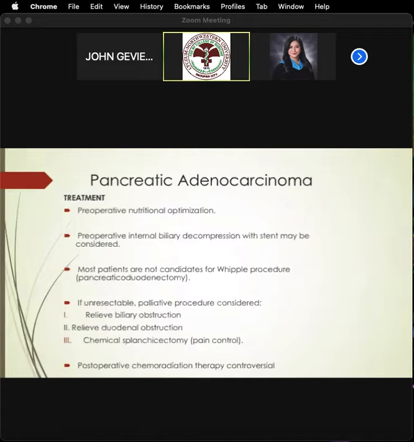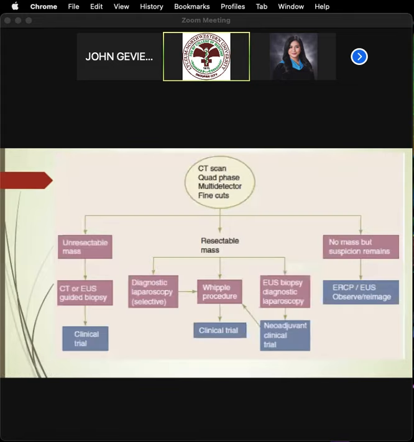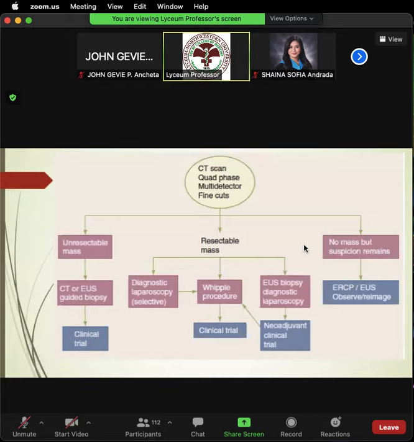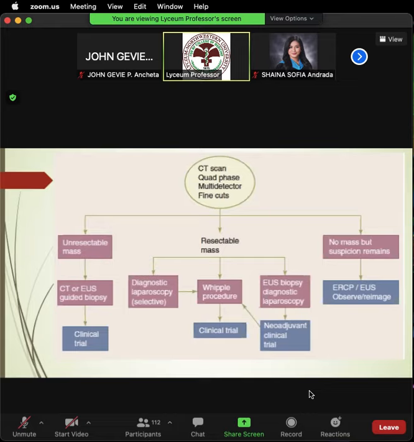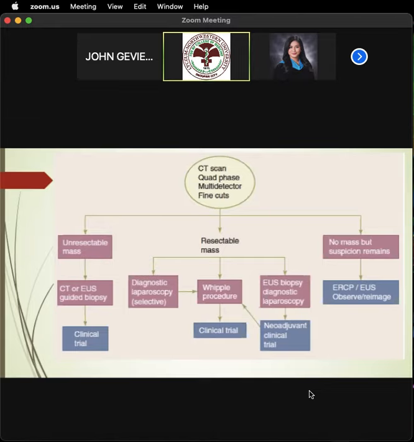Okay? So this Whipple's procedure is associated with high morbidity and high mortality. That's why pre-operative patient selection is very important. So this algorithm is also in your Schwartz. Okay. So if you are entertaining, if you already have an inkling that you're dealing with a pancreatic